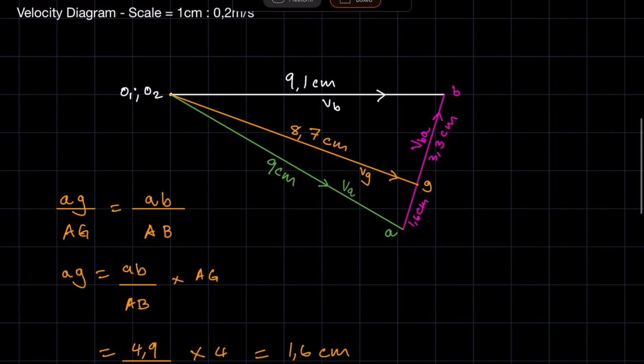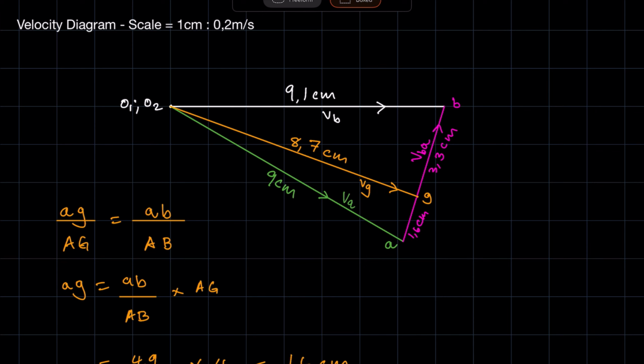And that is how you would draw a velocity diagram. Now, in the next lesson, I will take you through how you would then determine the velocity, once you've drawn your velocity diagram. But I do believe it's actually pretty straightforward now. At this point, you have your velocity vectors,